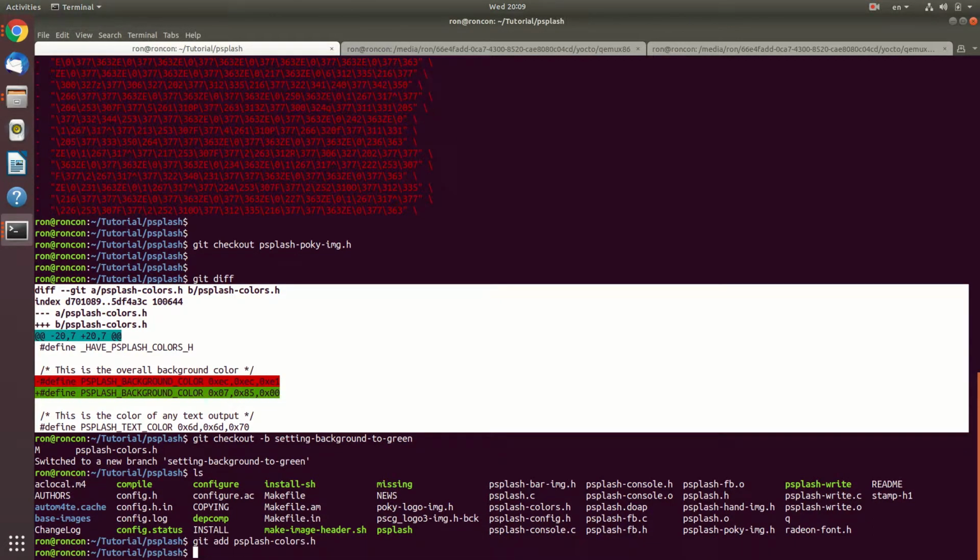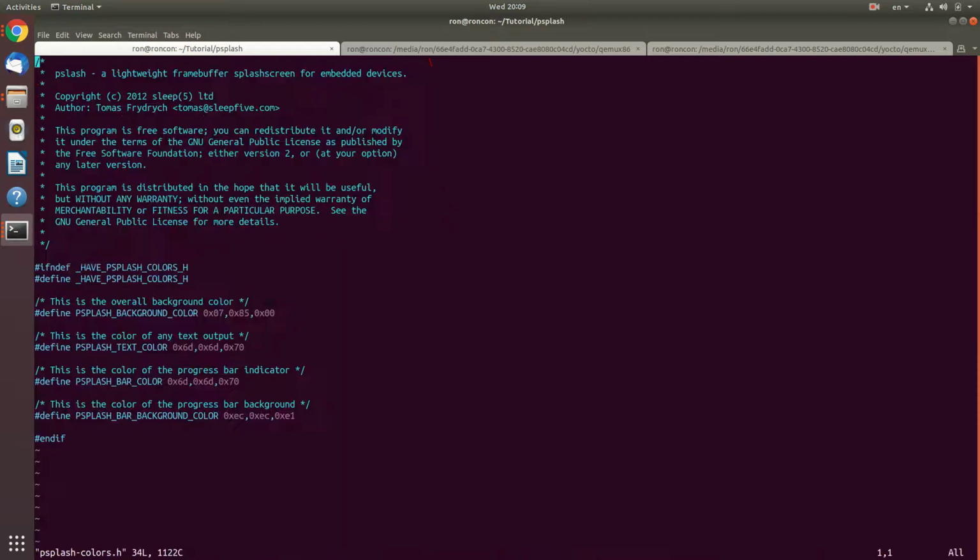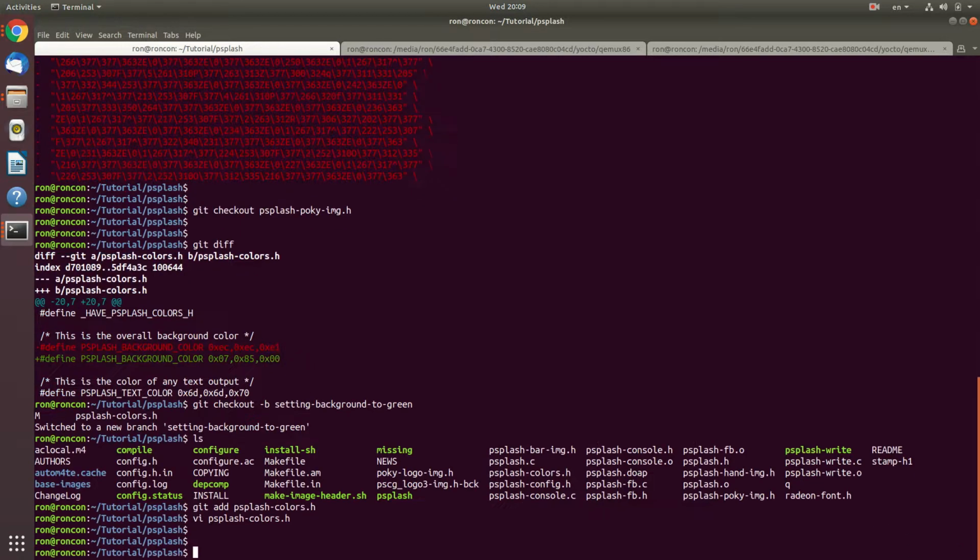color.h, which is a file where you can control all kind of things. You can control like the bar colors and so on, but I just wanted the background. And I will do git commit -m, adding a green background. Green is nicer than white, gray. Okay,